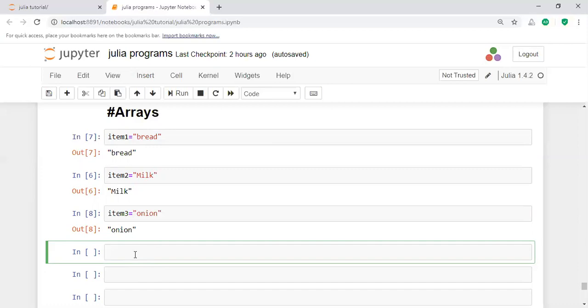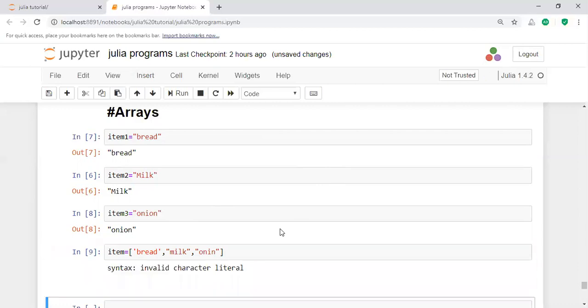For example, item equal to all the information represented in square brackets: bread, comma, milk, comma, and another one, onion. This is how you represent the array value.